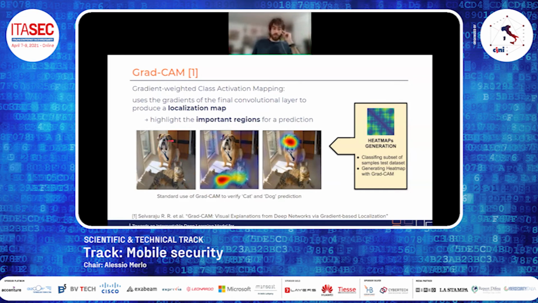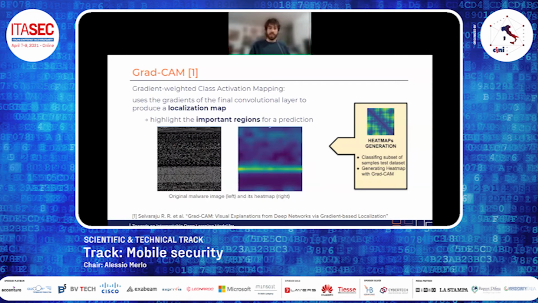There is the original image, then the image is predicted to contain a cat, and the localization map, the heat map, actually highlights the cat. And so we know that the model was looking specifically at the cat for performing that prediction.